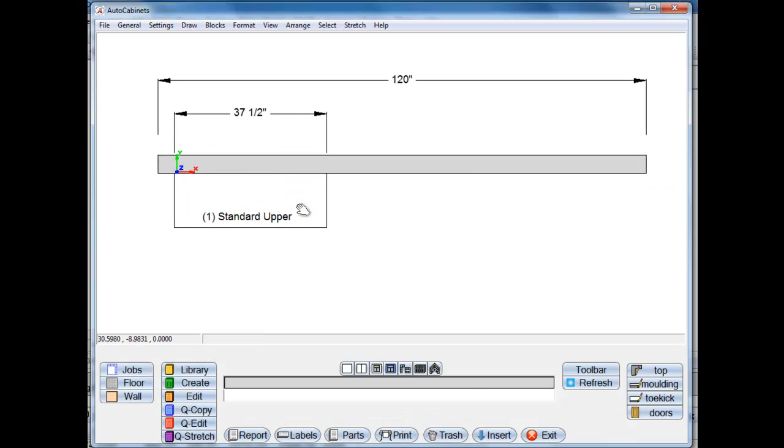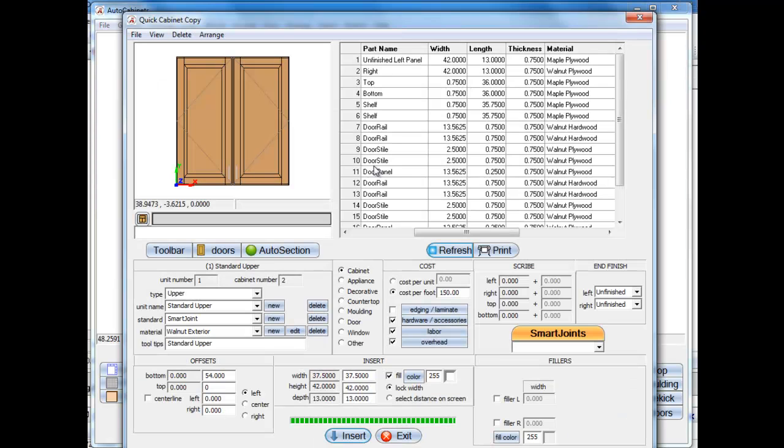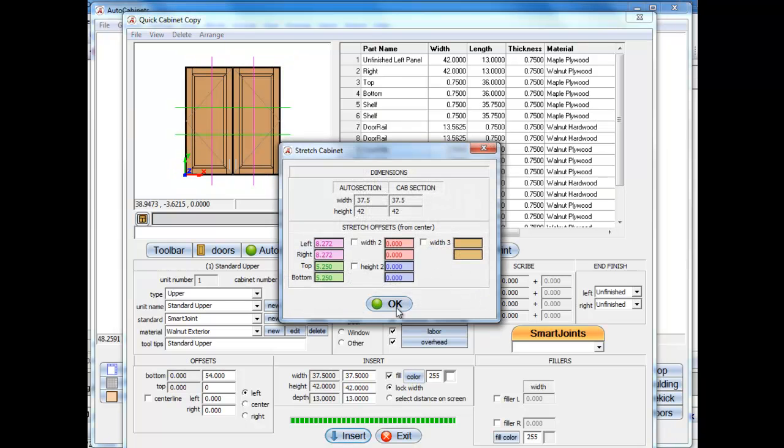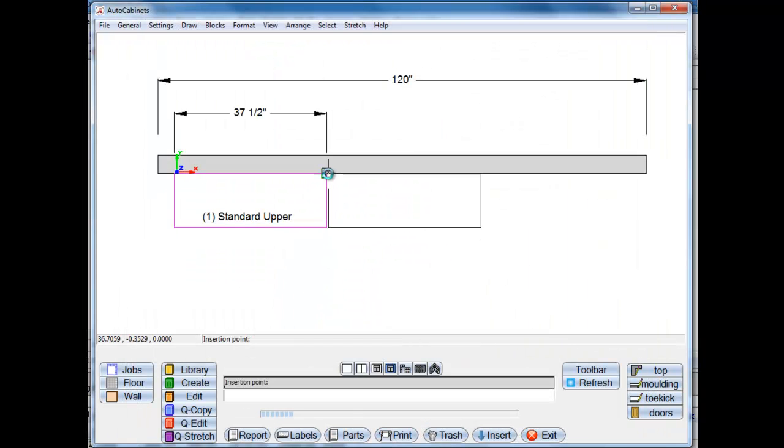So now we've got that option. Let's take the quick copy option. I'm just going to select the unit here and the wall I want to put it on. And so we've got this option. So I'm just going to go ahead and tell it to insert this back into the job. So we have a clone